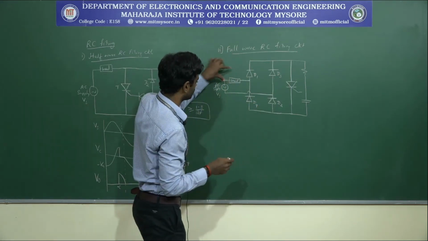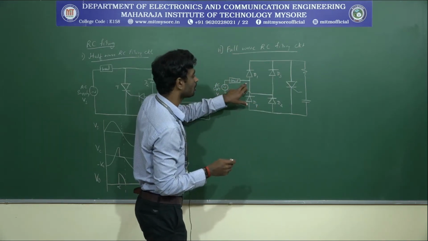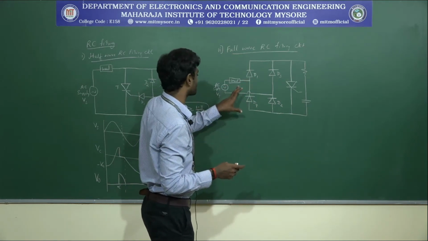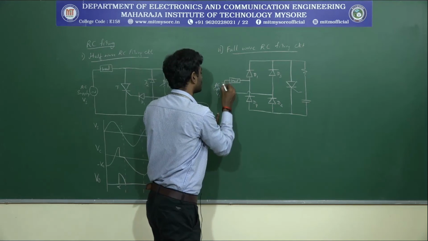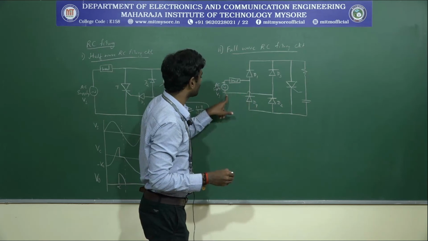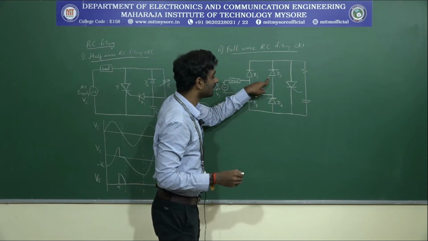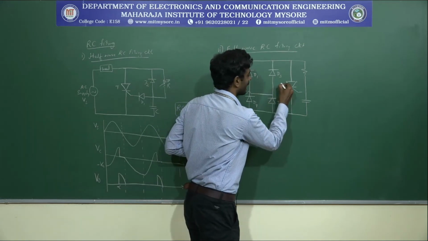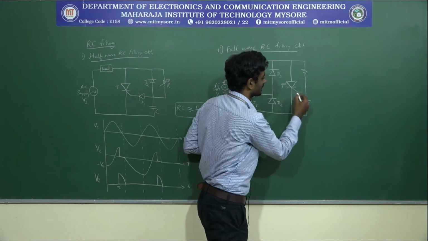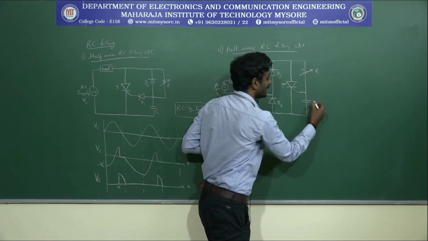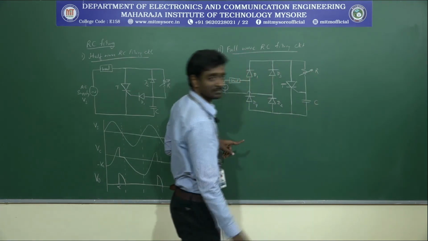Where with respect to your AC supply voltage, one point will be connected in between diode 1 and diode 4, and the other point of the supply voltage, that is negative and positive. The positive will be connected across the diodes D1 and D4, where your negative supply voltage will be connected across the diodes D3 and D4 here. And this will be considered as the thyristor. This will be my thyristor, where it will be connected in between the variable resistance and a capacitance.